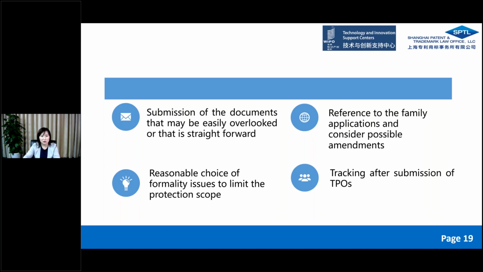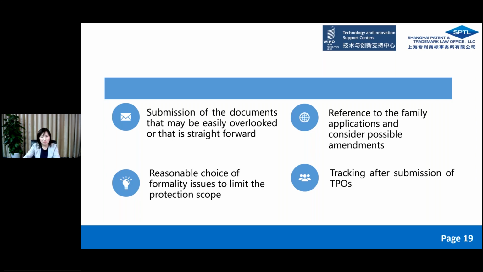If reference documents are cited to comment on inventiveness, it's better that the number of documents used in combination is no more than 3. Another suggestion is, before submitting the observation, all the family applications could be reviewed, so we can know possible amendments to the application, and we can prepare a more targeted observation to cover any possible amended claims.